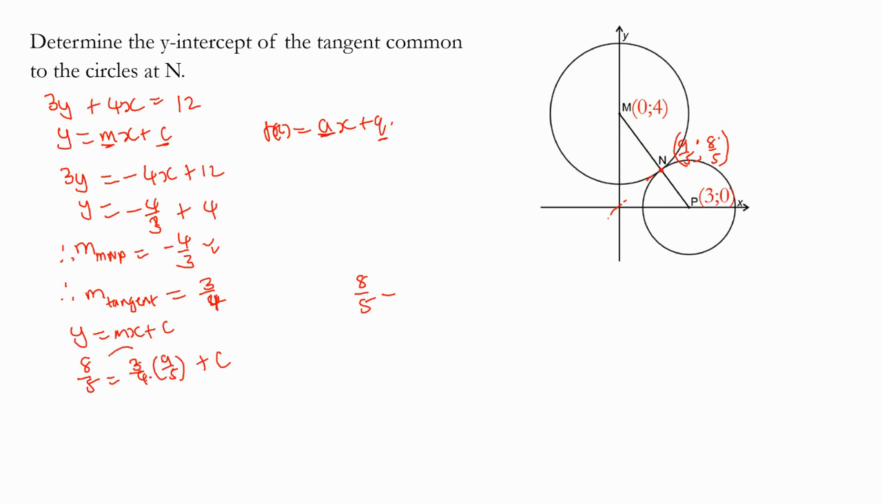So then we bring this to the other side. So it's going to be 8 over 5 minus 27 over 20 is equal to c. Then put that in the calculator. You'll get that 1 over 4 is equal to c. Therefore, the